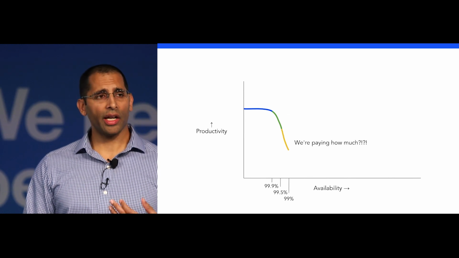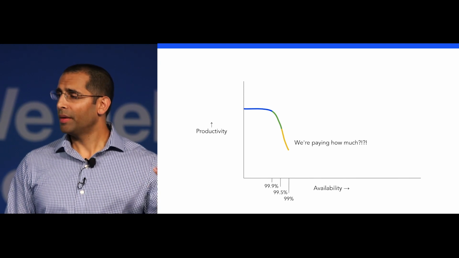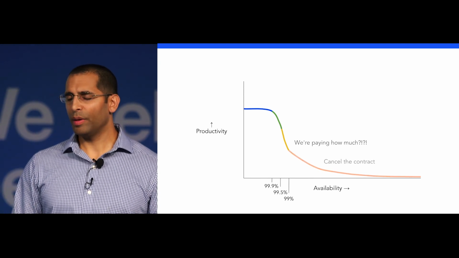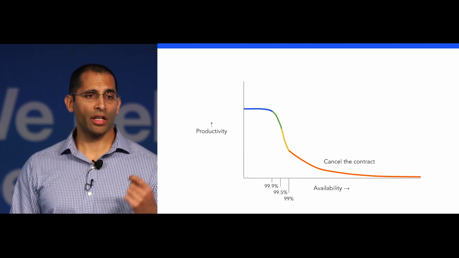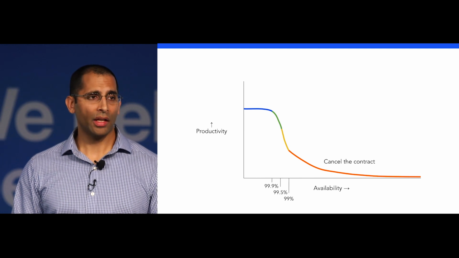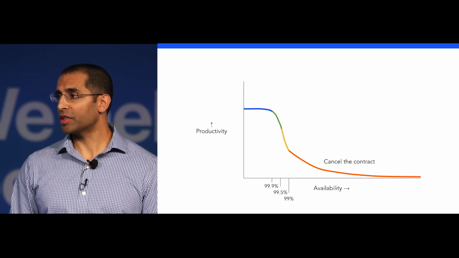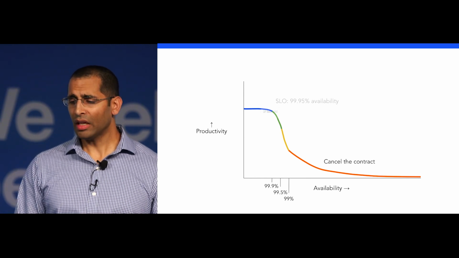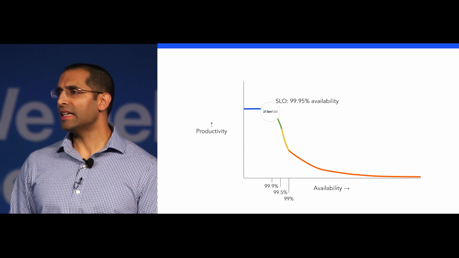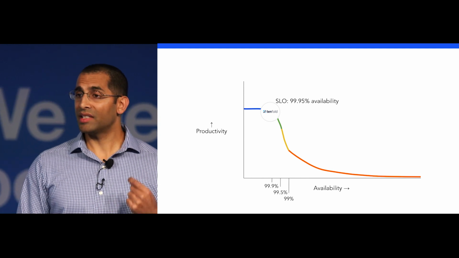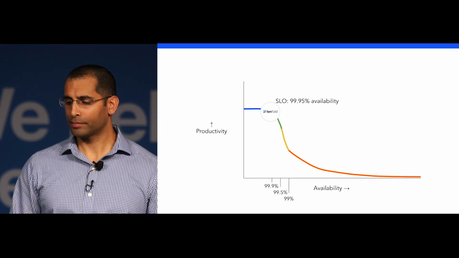It drops a little bit more, and you start getting questions. We're paying how much? But this thing doesn't work. I need to help these people, but it's not working. Drop just a little bit more, and then cancel the contract. We're not paying this much money for software that's only 99% available. So the drop-off is very different, and it happens at very different levels in the enterprise software space compared to just a game. Tenfold might want to set their service level a lot higher at 99.95% availability because they're a paid product in the critical path for a lot of frustrated people who need help.